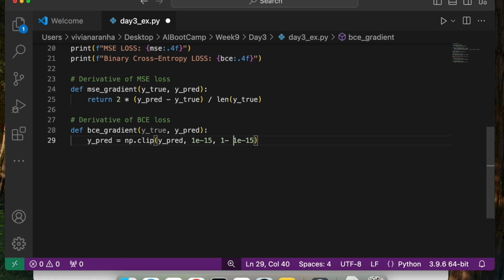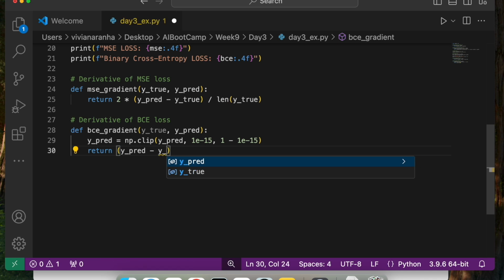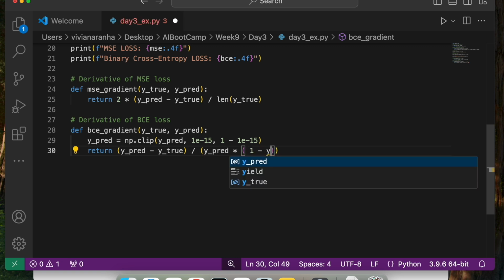Let's see if I got everything right. Yes, that's the formula to prevent division by 0. And then I will return y_pred minus y_true divided by y_pred times 1 minus y_pred. There you go. So that's the formula for BCE gradient.